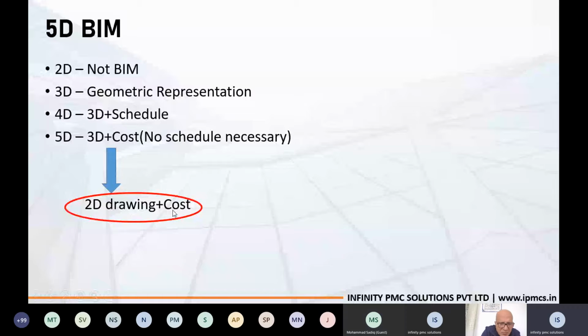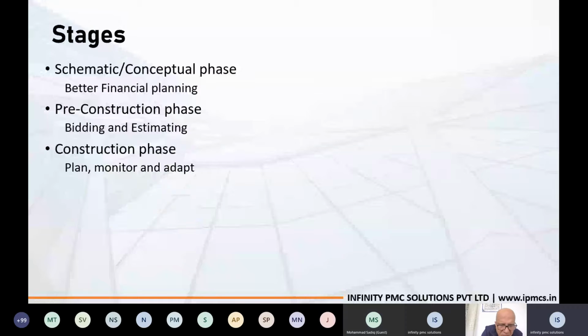Whenever I present Costex, or speak regarding Costex with people, I get asked a question: at what stage can Costex be used? That is why I have prepared one slide on at what stage Costex will be helpful.